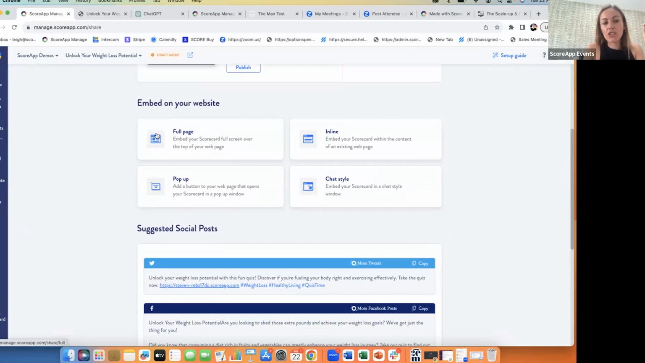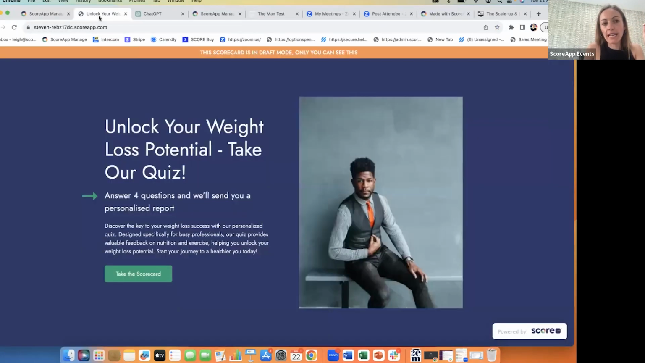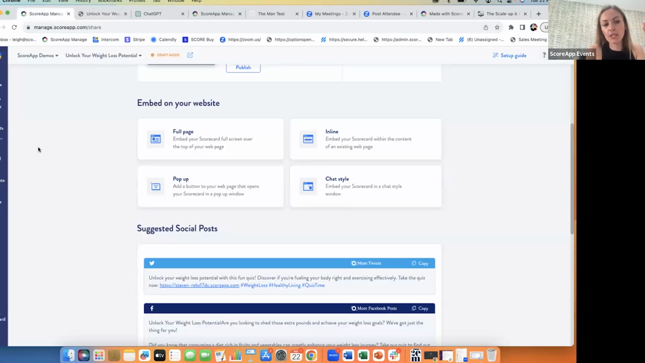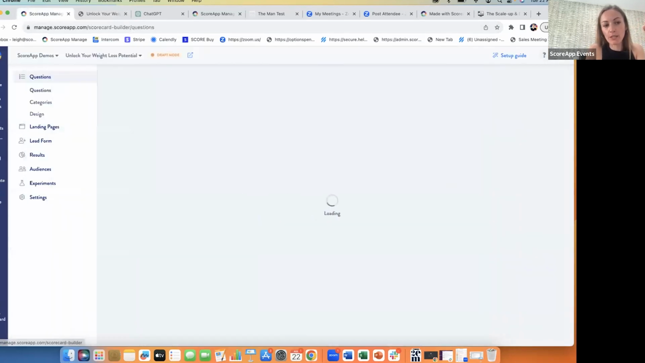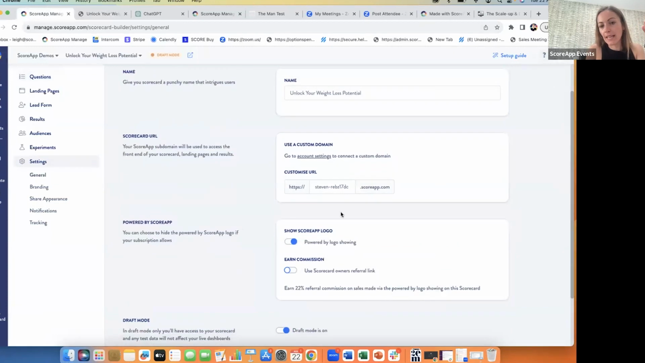But really, it is just a case of, each scorecard has its URL, and that URL would just sit behind a link or a banner on your website and bring people to the scorecard. When you create your first scorecard, it will give you your account name followed by your own unique code. You can tailor that by going to the builder and settings, so you can customize the element before .scoreapp.com. So it could be